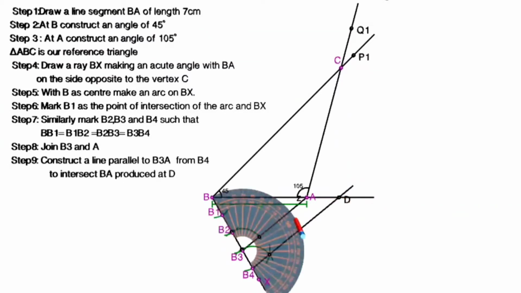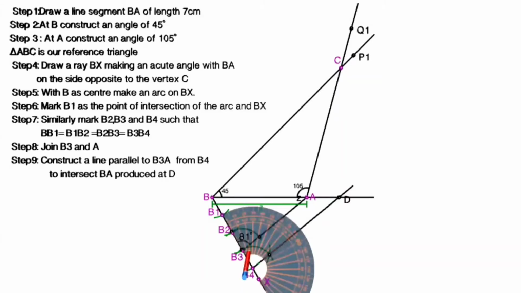Now let us check whether lines are parallel or not. I measure the angle, it is coming out to be 81 degrees. I measure the second angle. This also comes out to be 81 degrees. Now, which are these two angles? If the lines B3A and B4D are parallel, then these two are the corresponding angles or not? And since the corresponding angles are equal, that means the lines constructed are parallel and the construction is correct till here. So B4D has been successfully made parallel to B3A. Now I have got the vertex D.